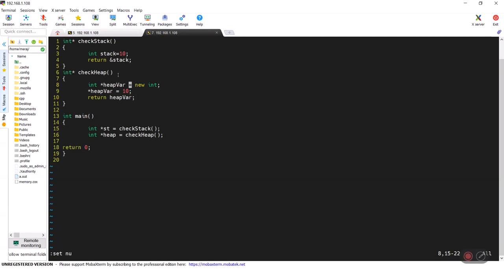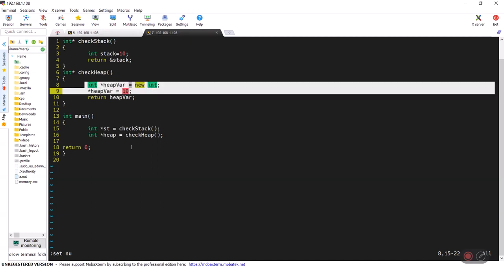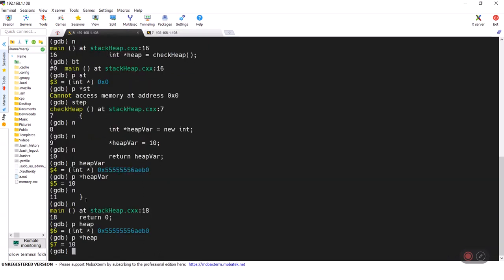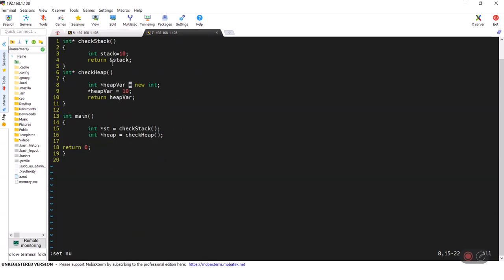Now, as we already discussed, it's a programmer's responsibility to delete the memory which was allocated from the heap. Since we have just allocated from the heap but haven't deleted it, it's a memory leak here. That's okay, let's not worry about the memory leak for now, but let's hope we understood how stack and heap memory works.